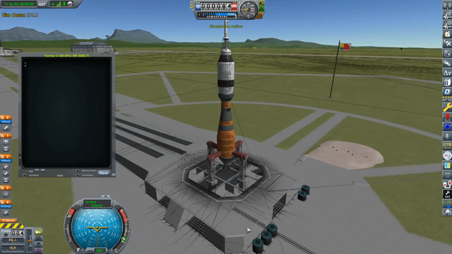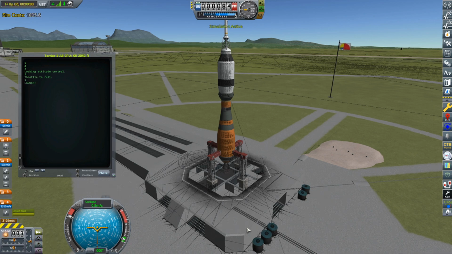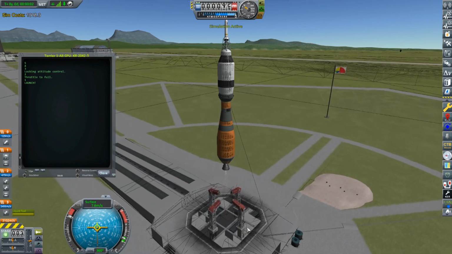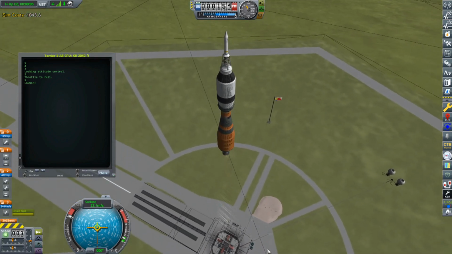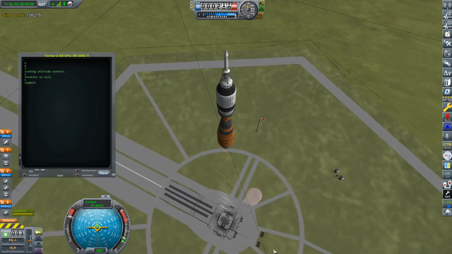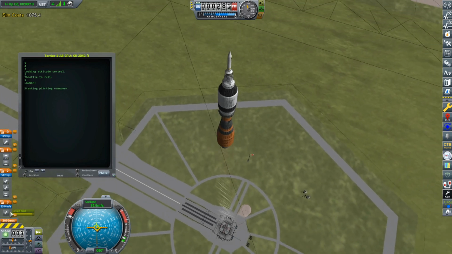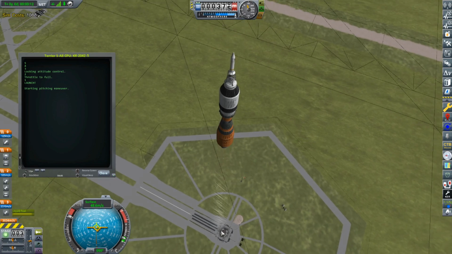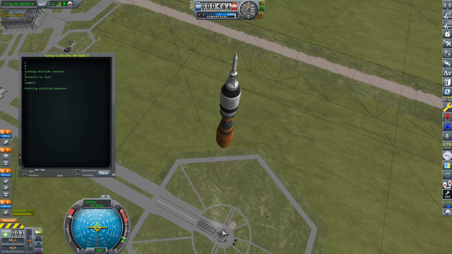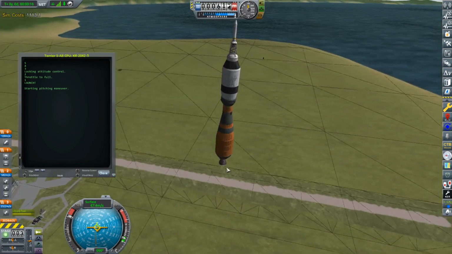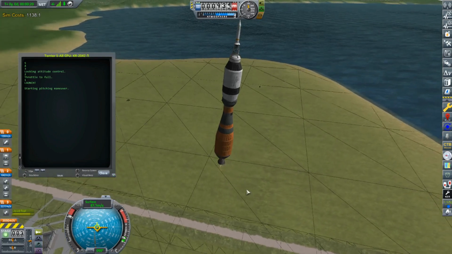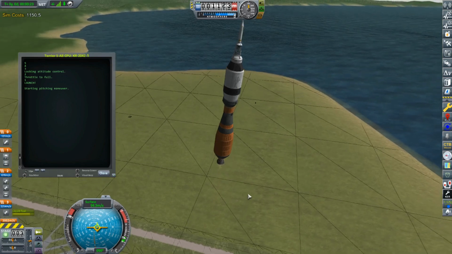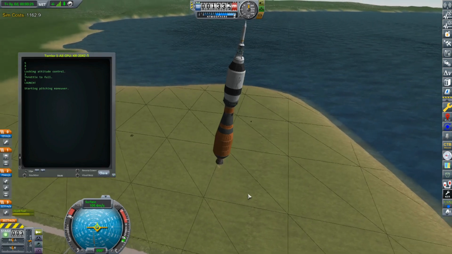Hopefully this time it'll be a lot stiffer. Okay, release the hounds. That looks a lot better. Yep, okay, so that seemed to take care of it. And I do have the engine and the launch clamps on separate stages because Kerbalism can cause an engine failure right at launch. So I want to make sure that engine is running, and then I'm going to release the